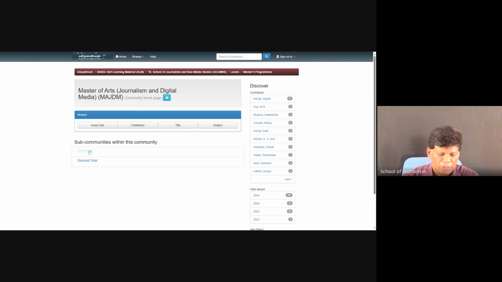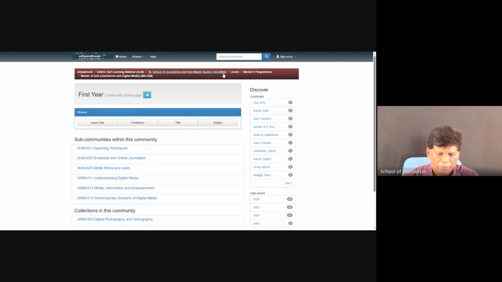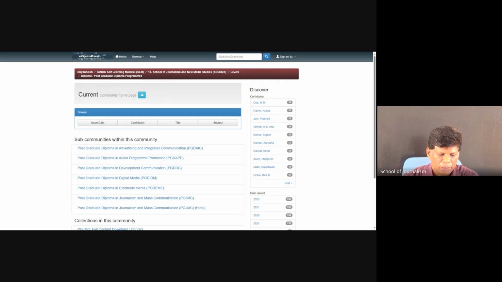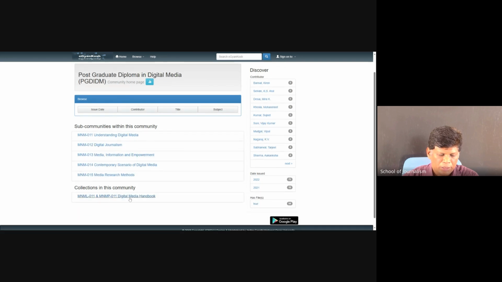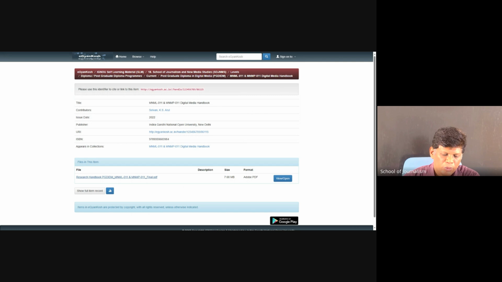If you go to first year, manual, levels, diploma, current, PGDIDM, the digital media handbook. The code is MNMP L11, which is being renamed as 12 for you. 11, 12, the code is different, but the content remains the same. So open that manual.